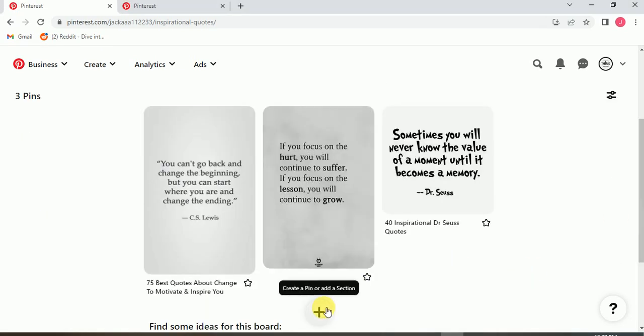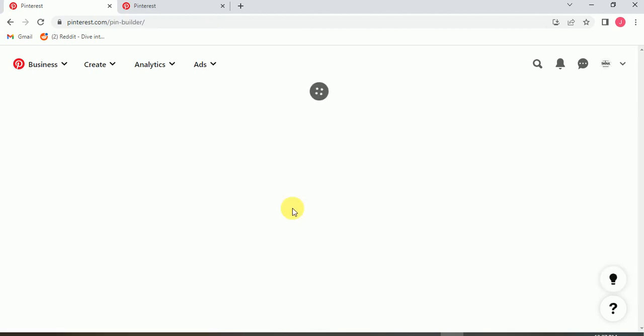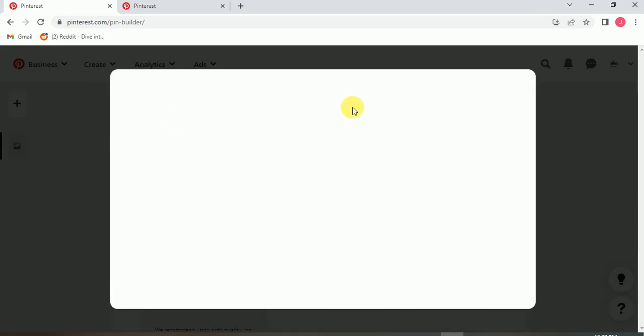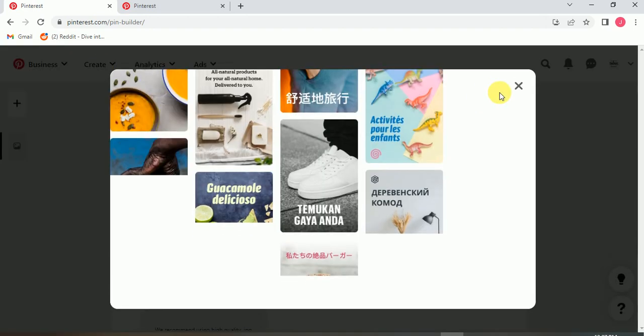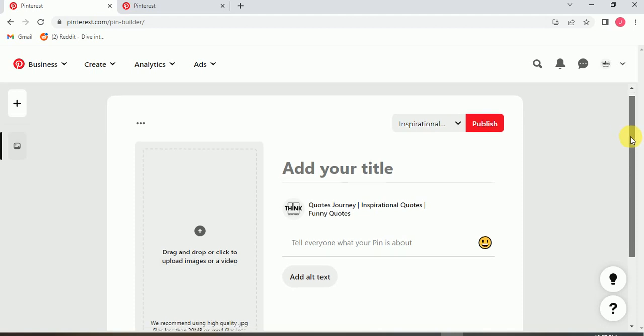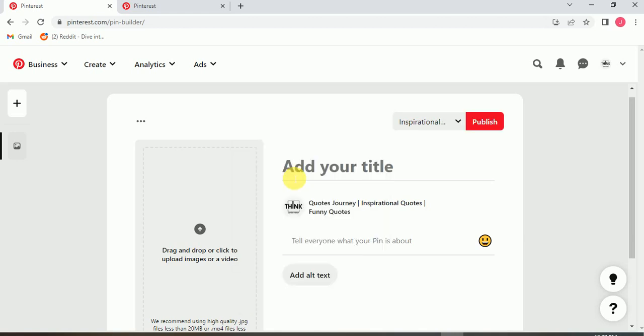So I click on the plus button and create pin. You can also create a pin by clicking this create button like this. You can click on create pin, create idea pin, go live. So that's it. And this is the board. If we have multiple boards, then we have to select the board in which we want to post the pin. So I click on this,